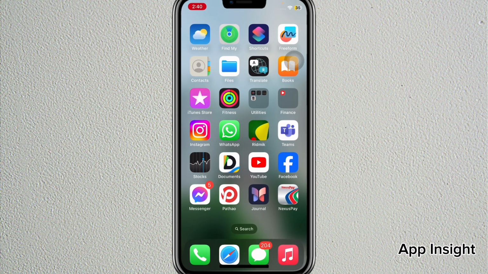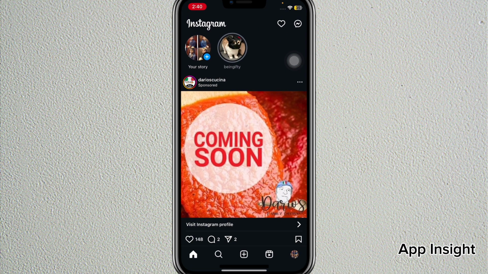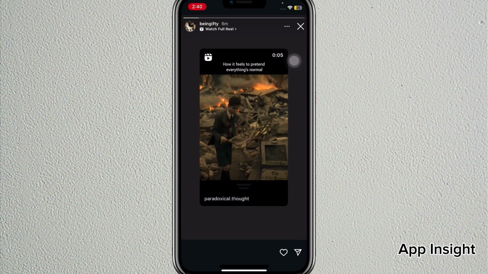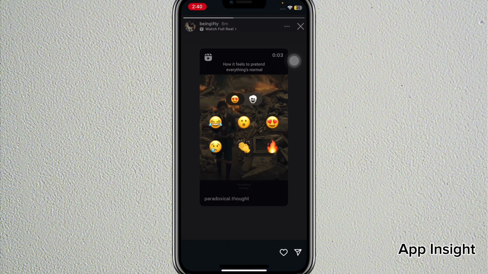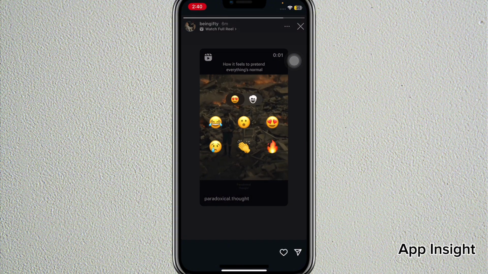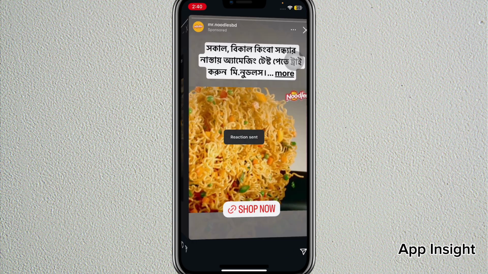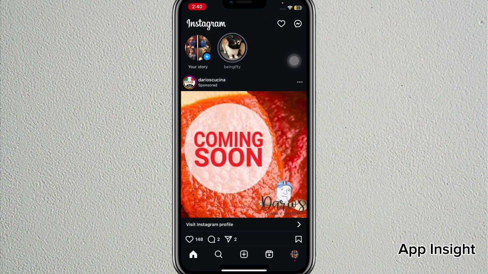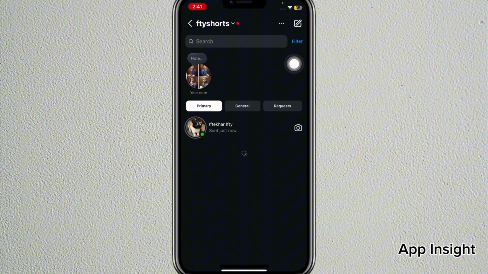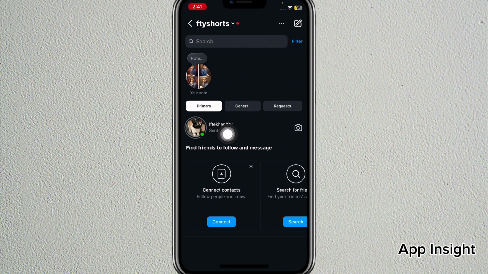At first, open your Instagram app. For example, I am reacting to my friend's story and then I will remove it. So I'm just reacting like this one, and I will go to Messenger by clicking on this message button, then click on his name